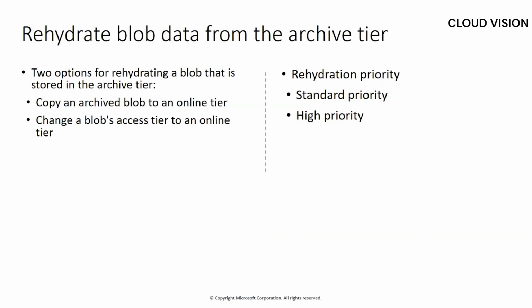Second option, which I have shown to you, is when you are moving your file from archive to hot tier, you can use standard priority or high priority. So that is the option that you can go with, right? So copy an archive blob to an online tier means the first option that I told you, right? Copy the file, put it in a hot tier with a new name. If you make any changes in the hot tier, it will not affect the archive because it is a copy. But the second one is change the blob access tier to an online tier, with the standard priority or high priority. So it will take time. Standard priority will take approximately 15 hours and high priority will